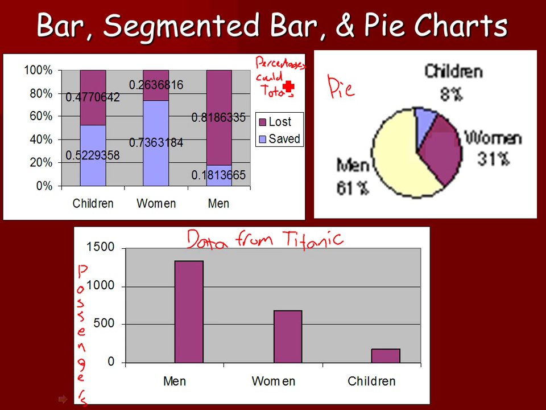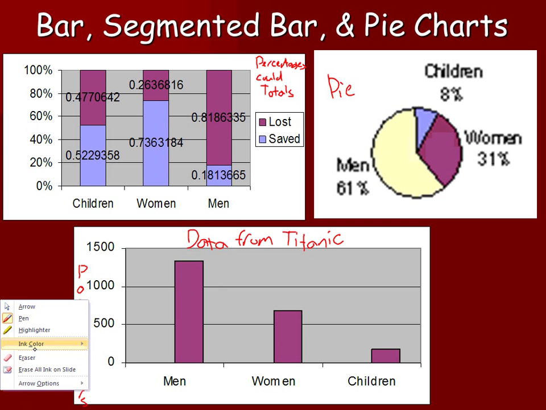It would look very similar, I'll show you what it would look like with totals. So this is the percent of children saved versus the ones who lost their lives on the Titanic. This is the percent of women that were saved versus the ones that lost their lives on the Titanic, and this is the percent of men. You can look at the same data here